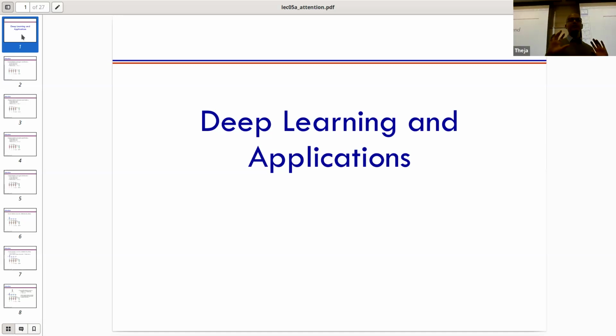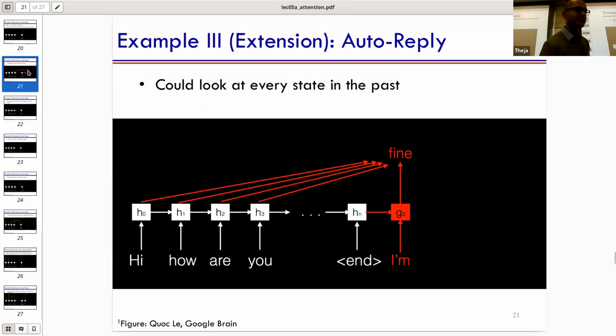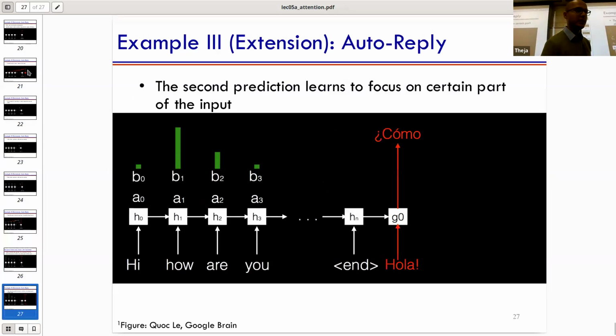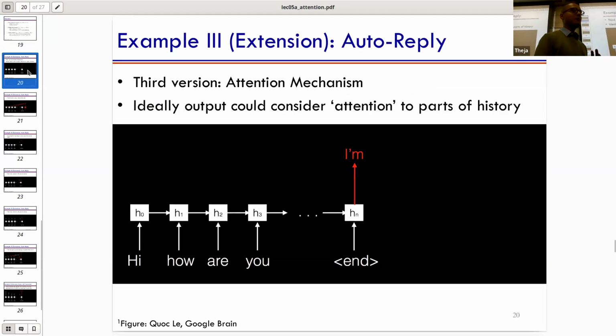Just to recap, where we left off last time is towards the end. Let me show an example. We were looking at some architecture like this, auto reply or translation, or the example from the assignment question that you worked on, translation. So there was a bunch of encoding steps, and then a bunch of decoding steps that you need to define in your model. So there's going to be an encoder model specification and a decoder model specification.